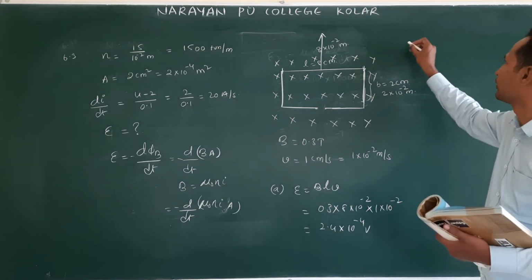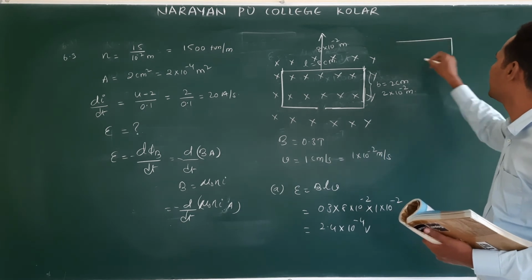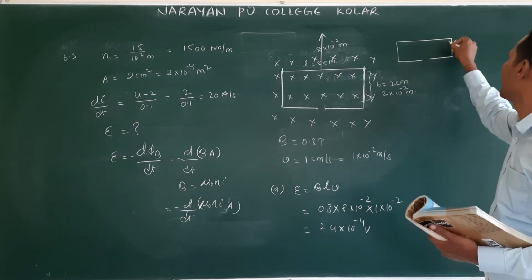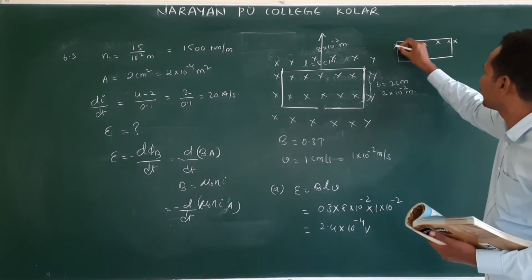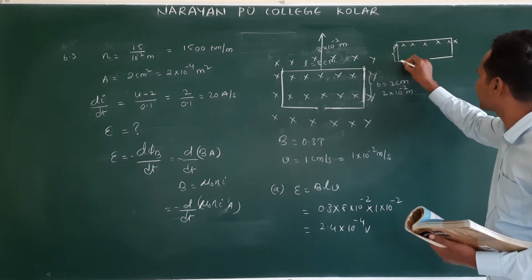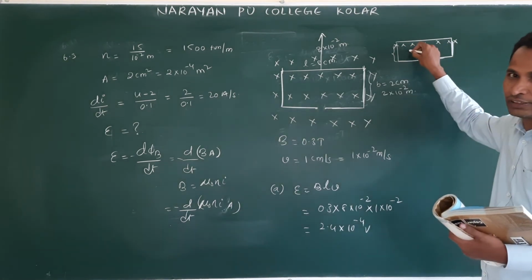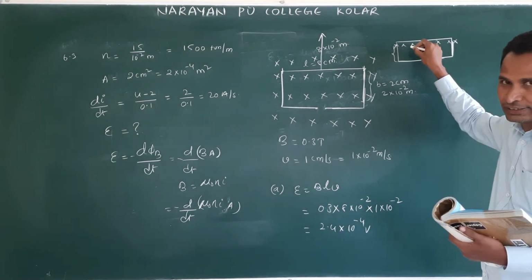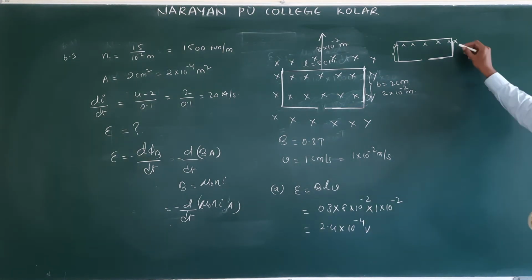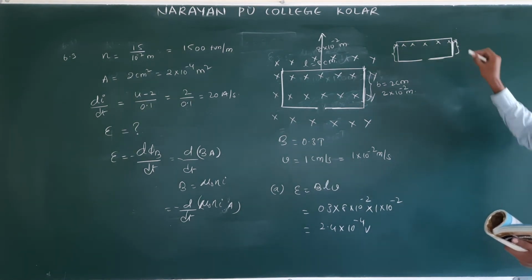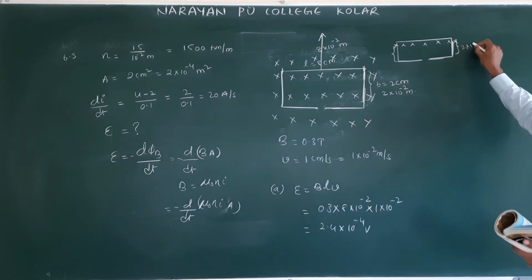See, now when EMF will start to develop, when the rod comes like this, this is the magnetic field. Am I correct or not? As long as this breadth is there in the magnetic field and the induced EMF was there, how long it takes to come out of this breadth is important. What is the breadth? It is 2 into 10 power minus 2.